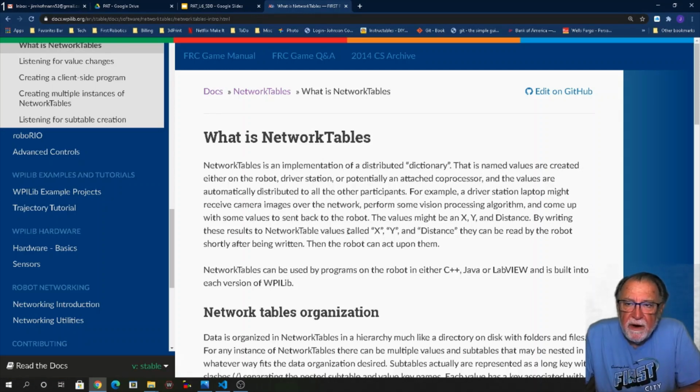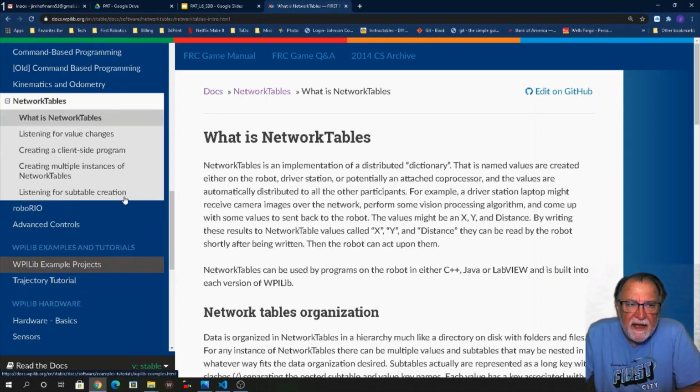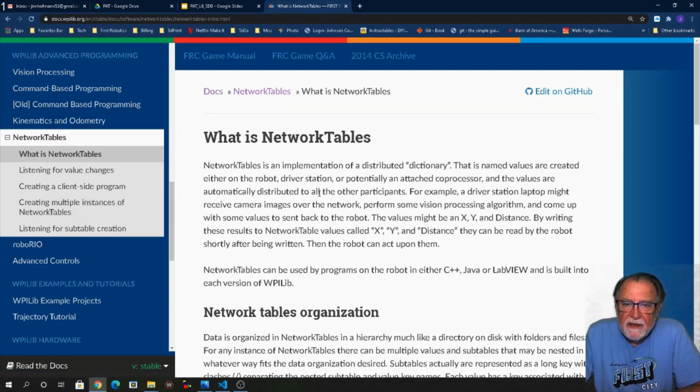All right, here we are at my favorite website. I am looking at network tables, and what is a network table? What are they used for? Well, it's a structure that passes data around any of the computers that are on the robot's network. The Robo-Rio, the driver station, your development computer, a vision computer, right? They all have to share a certain amount of information between each other, and this is the way that it's